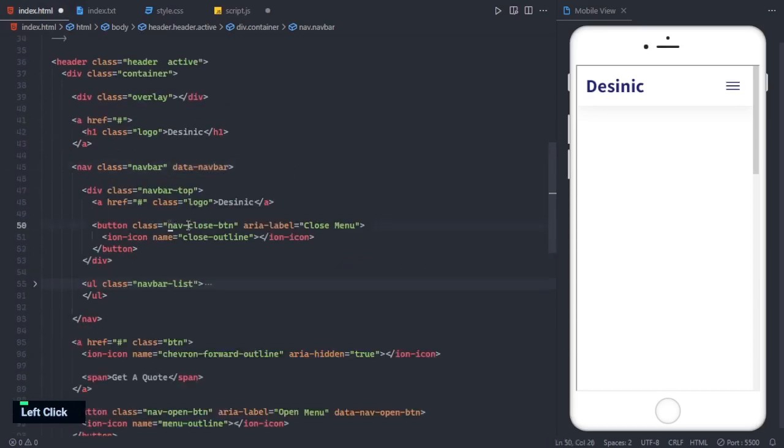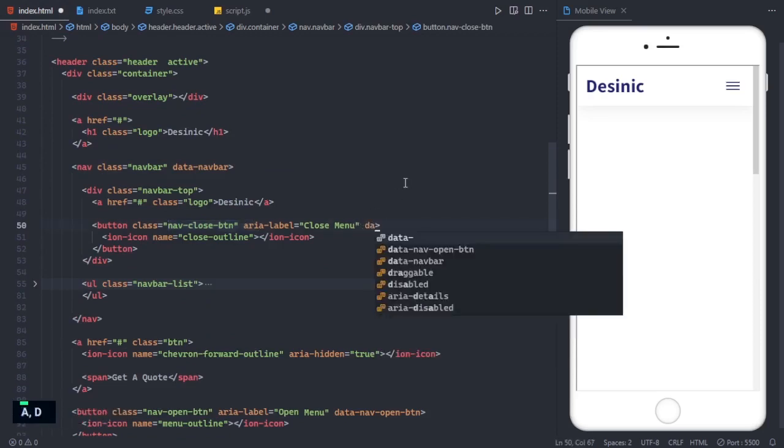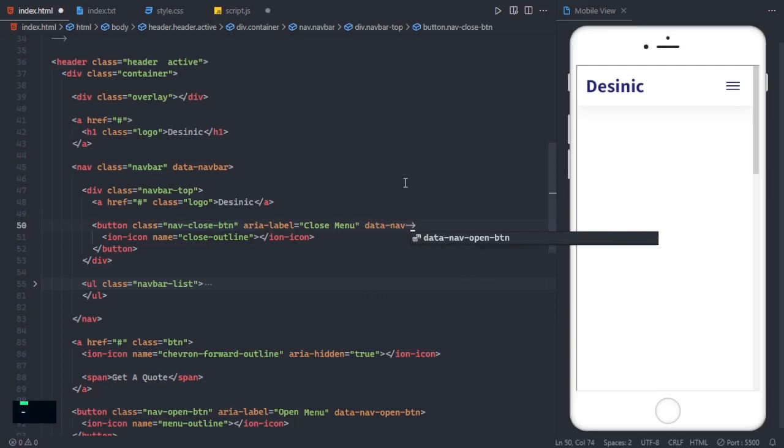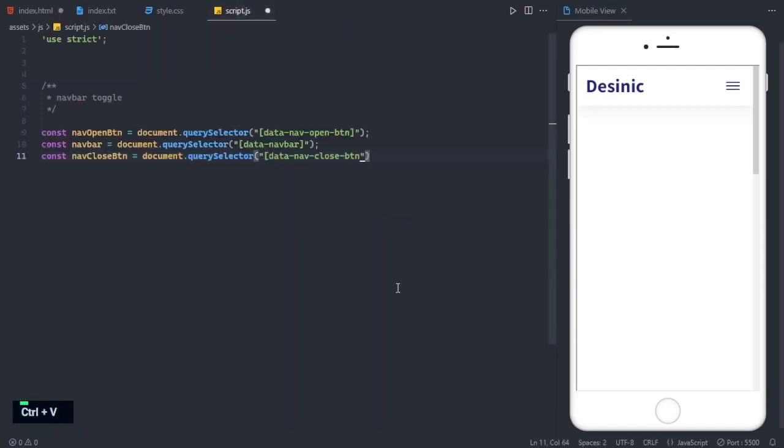Here. So set the data on nav close btn, data nav close btn. Copy this, paste it here, and also